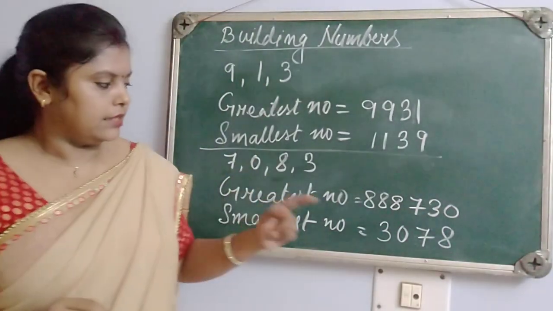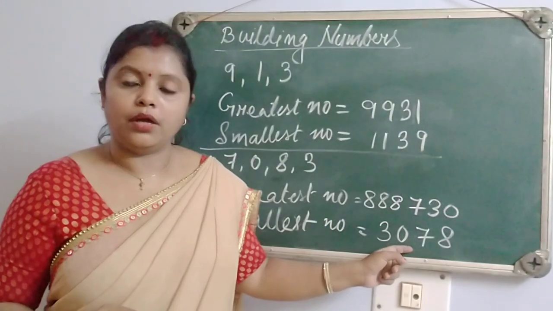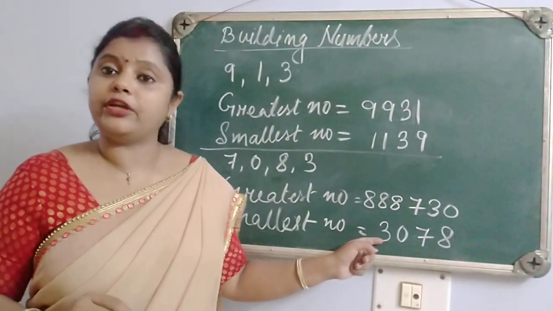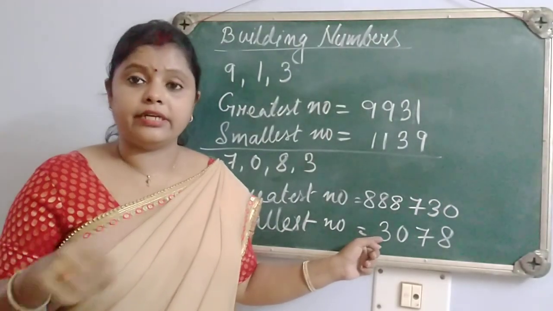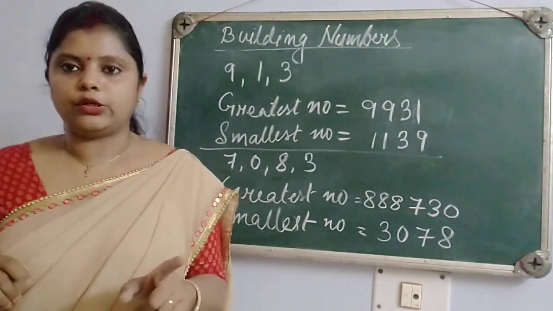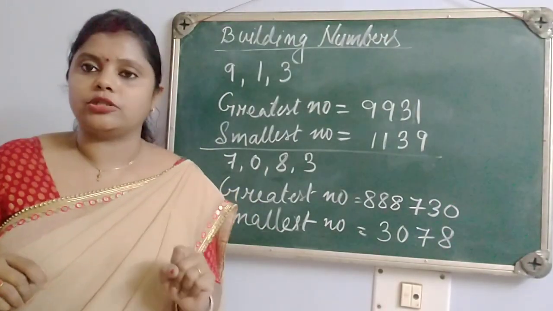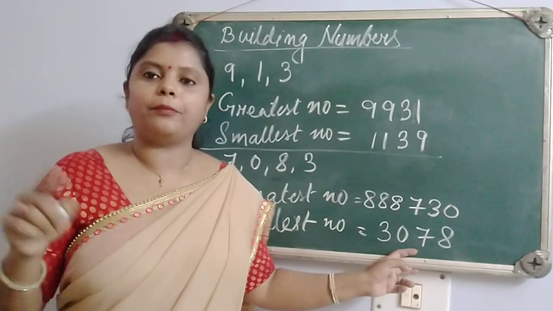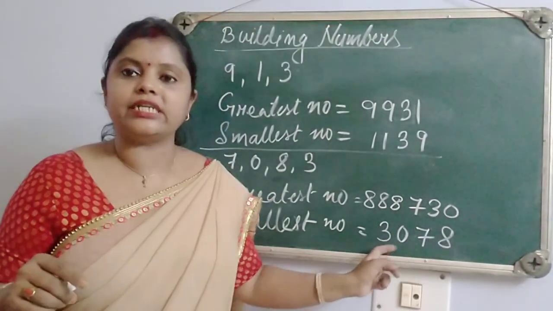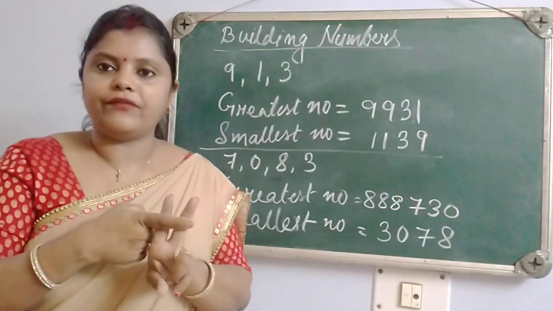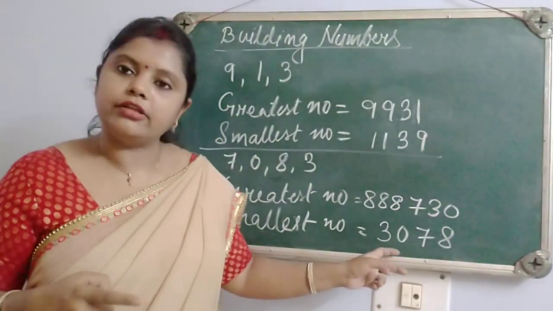Here in this case, the smallest is 0. But we can't write 0 in the beginning. There will be a problem. We know 0, if it is written at the beginning, won't have any value. So we will repeat 0. But where? This is the question. Wherever 0 is located, at that place only we are going to repeat 0. That means if 0 is just after 3, then the remaining 2 times we have to write 0, we will write it after 3 only.